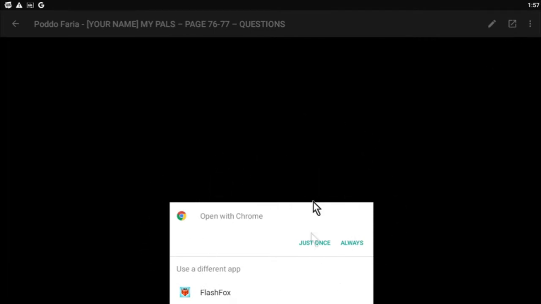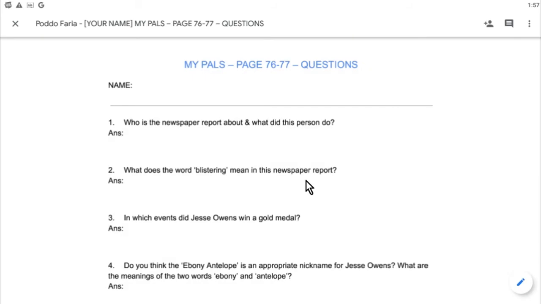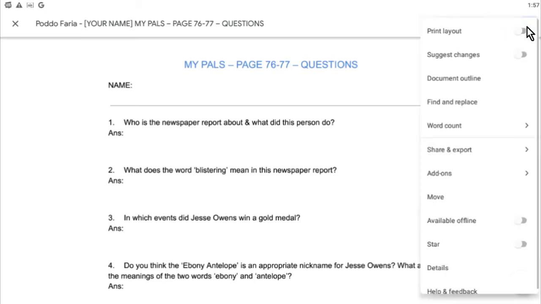Once you click this, it will ask you what you can open it with. Your web browser will show up here. Whether you are using Safari or Chrome or Firefox, whatever it is, you will click it just once. Once you do, your browser will open up and then it will open your link in Google Docs. So once it's opened in Google Docs automatically, you will have some options around the screen to close it and to add other people in it, to add comments, and some extra options over here that allow you to print and do other things.